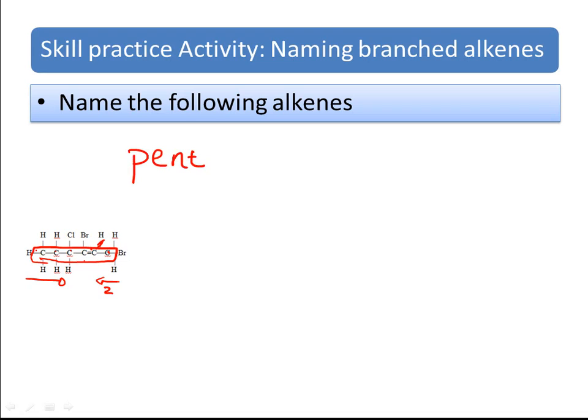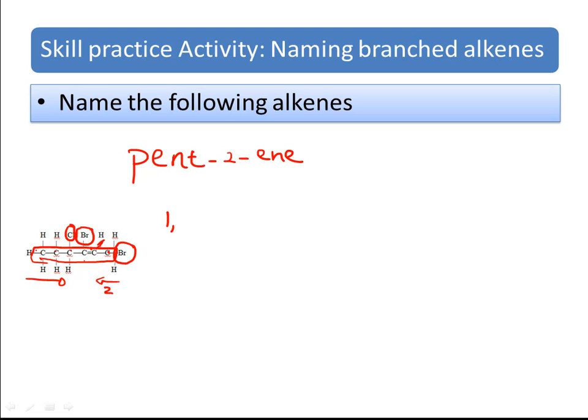And we need to state the position of the double bond, which is position number 2, which is pent-2-ene. But with this one, we've got side chains, we've got branches there, groups that are not normal hydrogens like what we saw in the previous one. So we've got bromines and a chlorine. This bromine is on position 1, and we've got another one on 3. So we've got 1, 3,